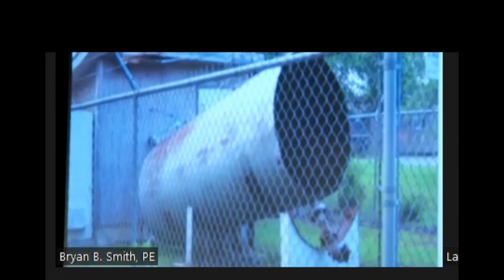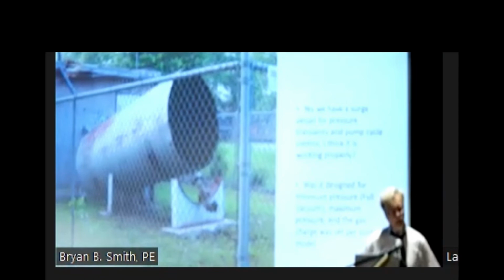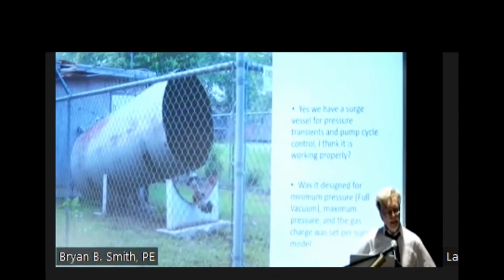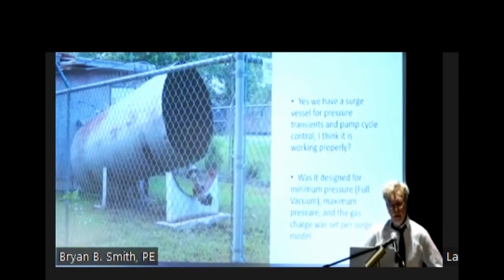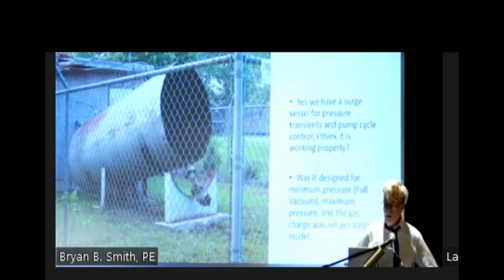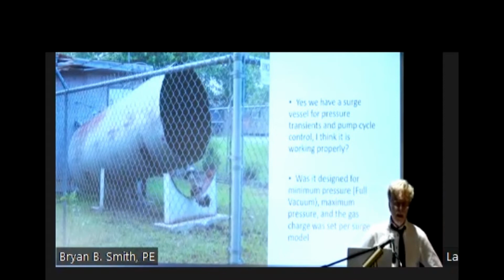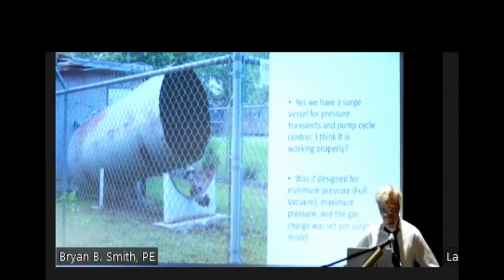To give energy to your change in velocity of your system, you might consider putting in a surge vessel. A surge vessel might be like, in New Orleans, those elevated storage tanks. It might be a hydrodynamic tank. It might be a bladder tank, with gas in the bag or liquid in the bag. It depends on your design, your system. This might be water, wastewater, crude oil or diesel. So it is also an ASME pressure vessel that needs to be inspected and maintained.